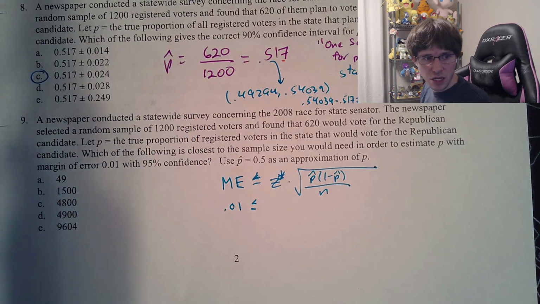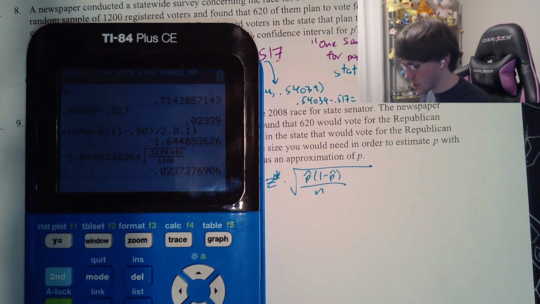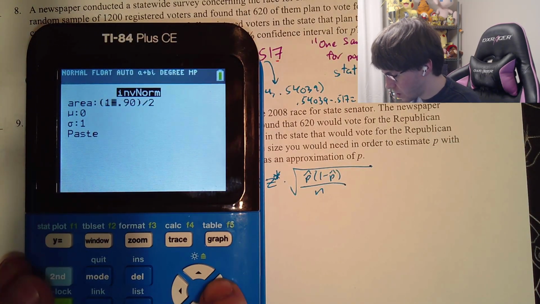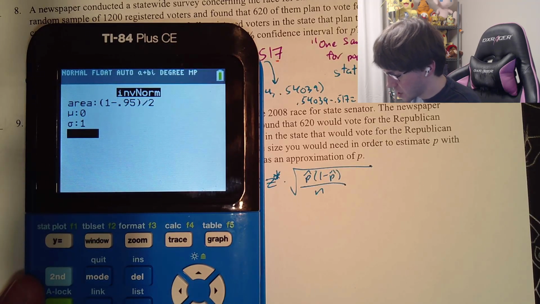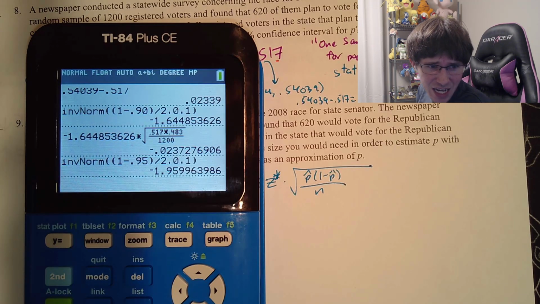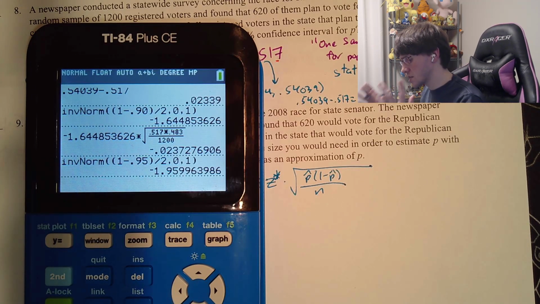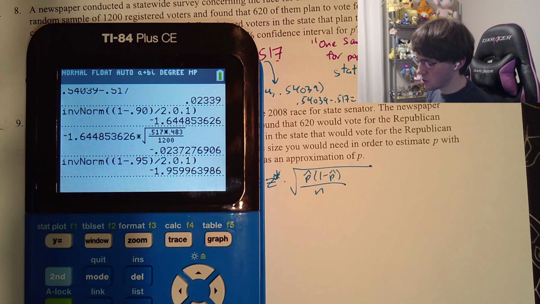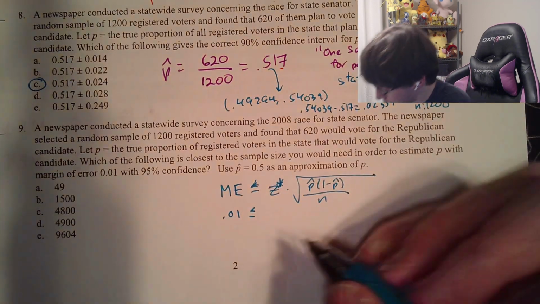And this time we need to get 95% confidence. If you go ahead and do it, we hit second vars inverse normal 1 minus 95%, and we're going to get this number 1.9599 that clearly rounds to 1.96, and that is a number I kind of actually recommend people to memorize because it shows up so often for our Z star situations. That 1.96 number, let's use it,